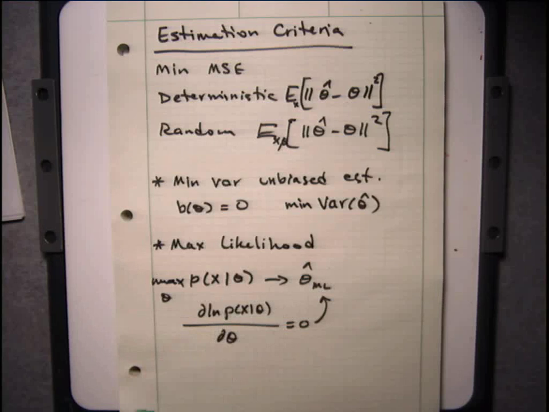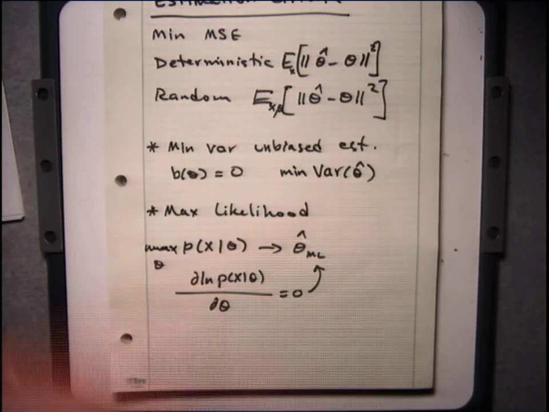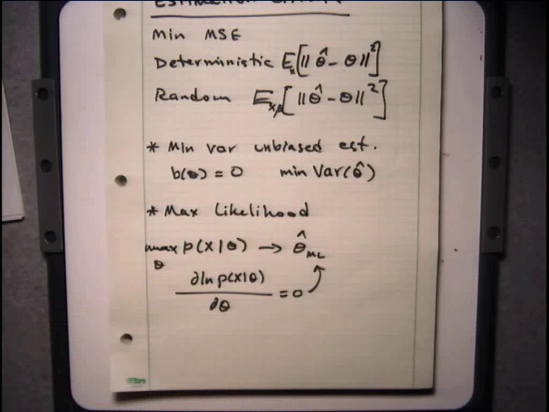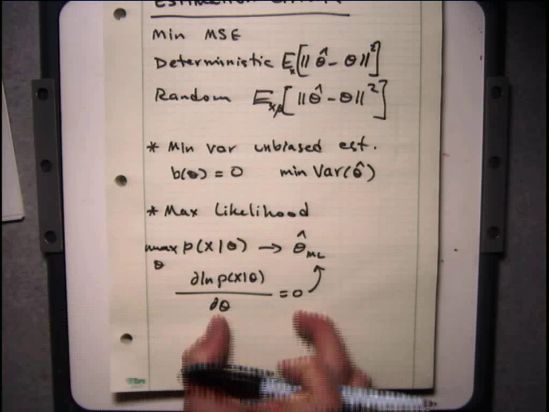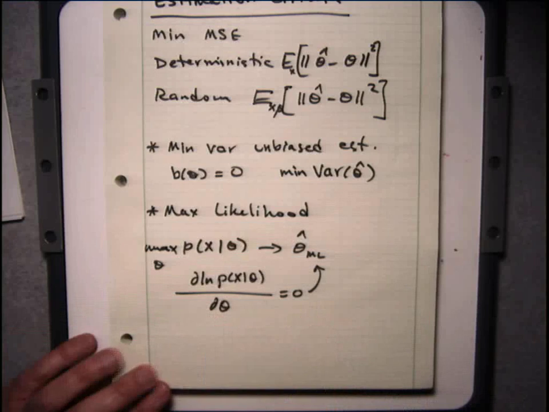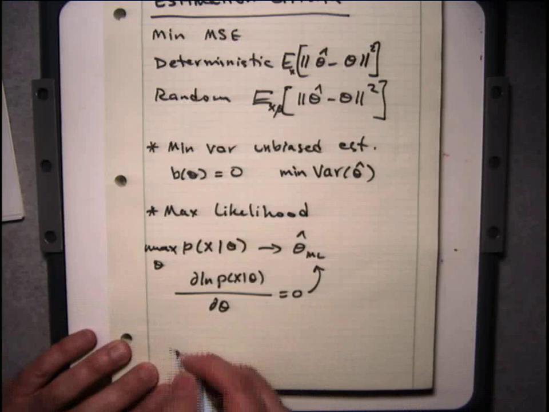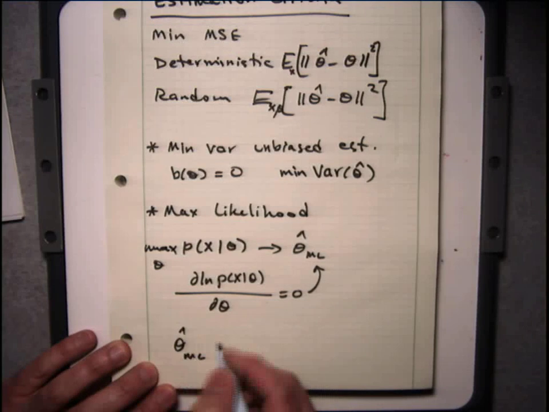Okay, why was this a good idea? I just said one of the reasons: it's very mechanical, it's generally very straightforward to compute these things. And even if it isn't, you can compute numerically an approximation to the maximum likelihood estimator by simply treating this as a nonlinear equation in theta and solving. But perhaps the most important reason for the maximum likelihood estimator to be useful is the asymptotic properties that it has. Namely,